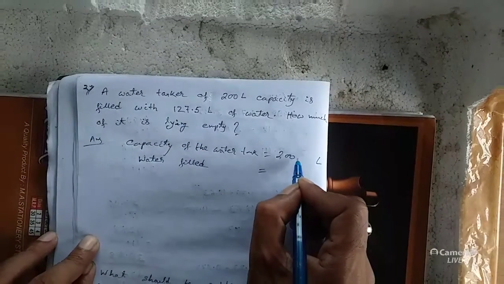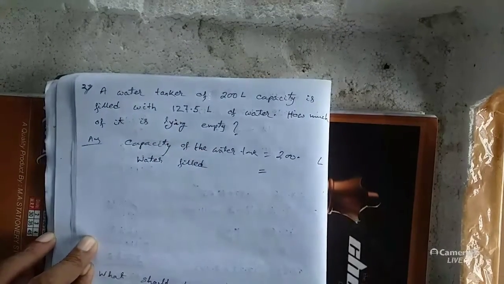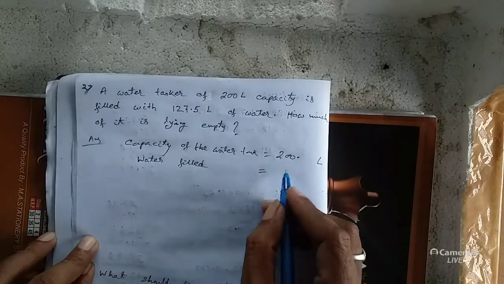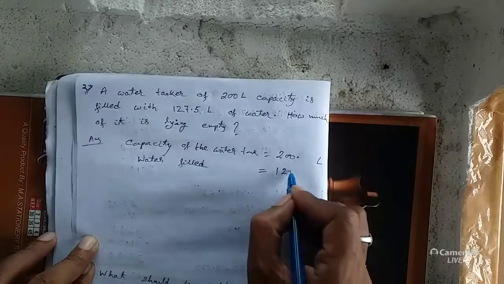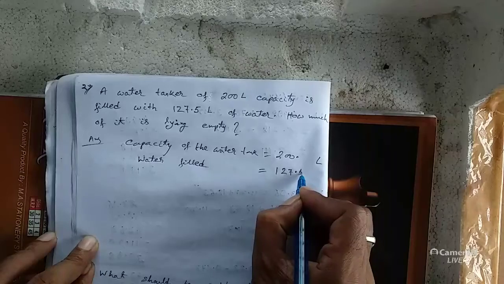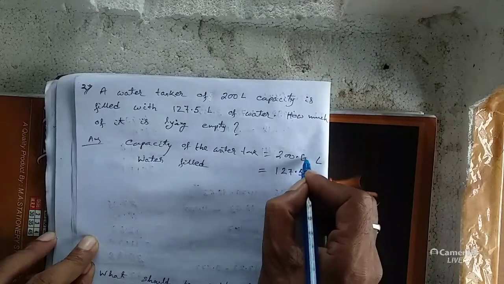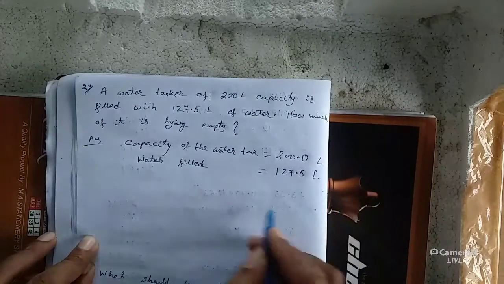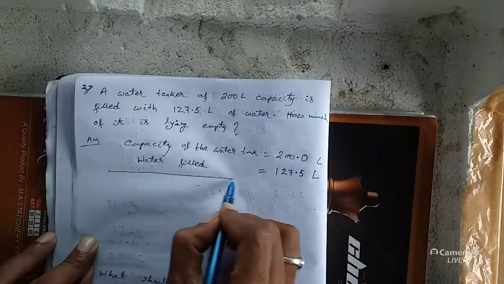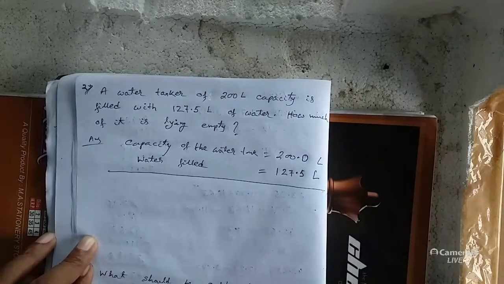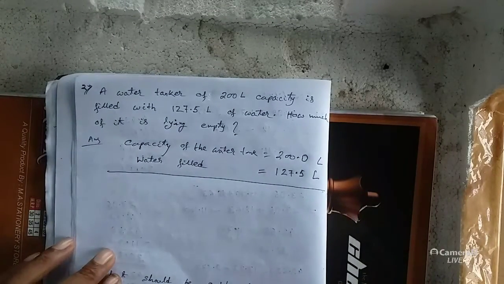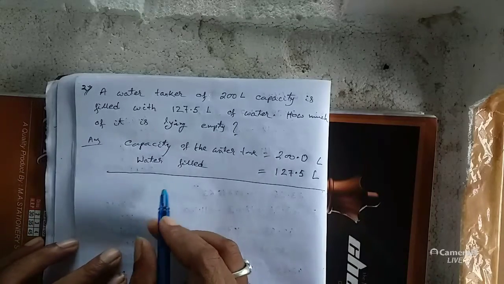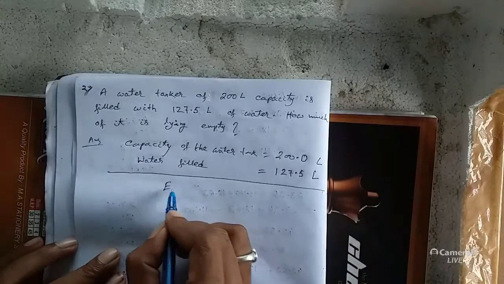Here there is no point, so after 200 we complete the point. 127.5, there is a vacant place, take 0 liter. How much of it is lying empty? So the empty space equals,